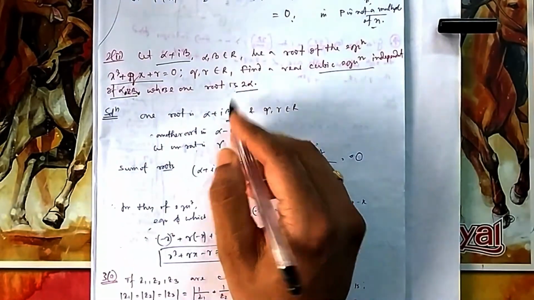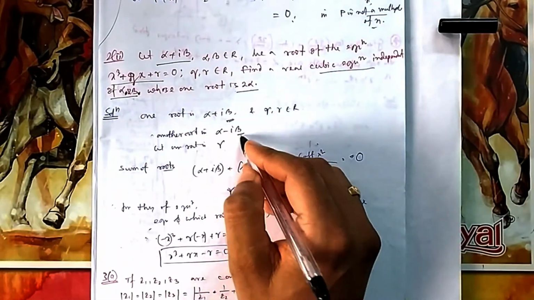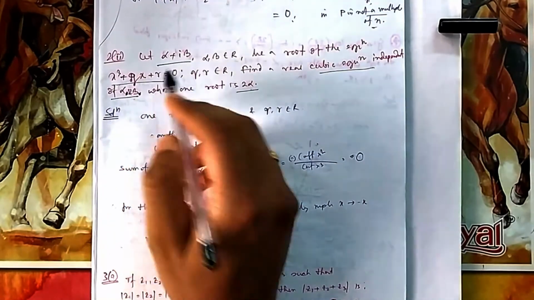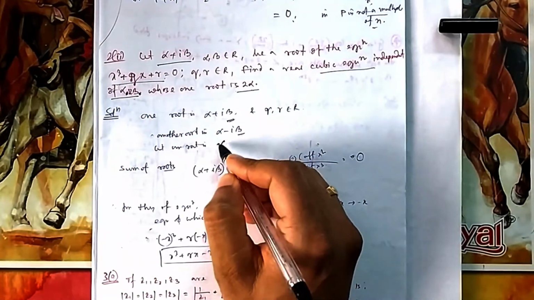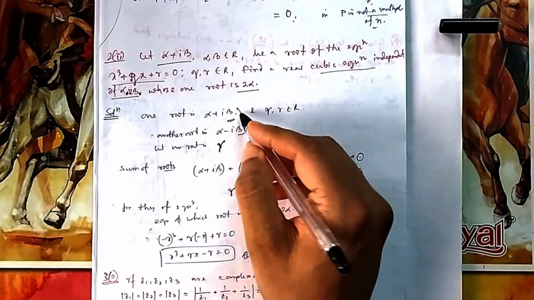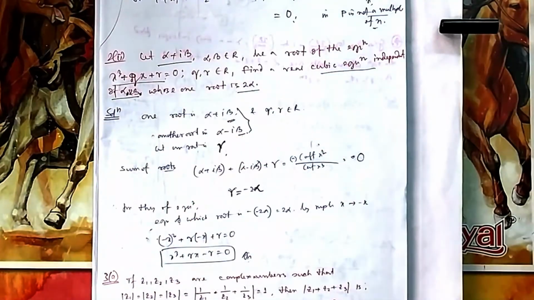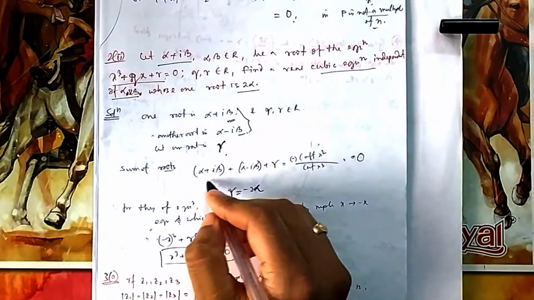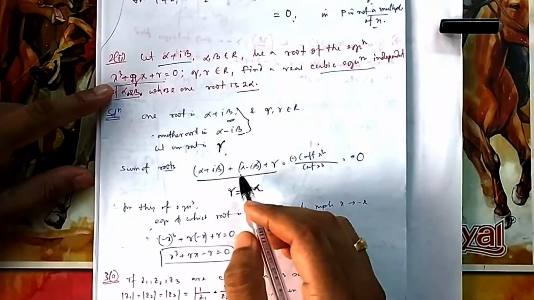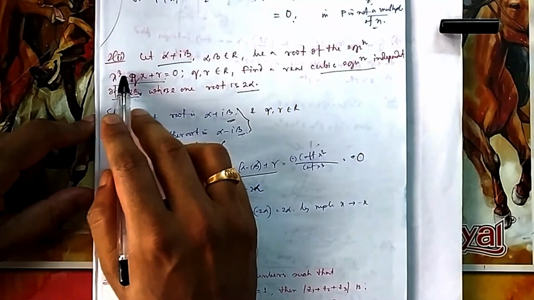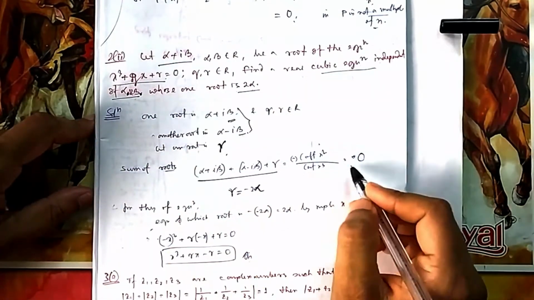So one root is alpha plus i beta, so obviously another root will be alpha minus i beta because it is cubic equation. So let me take another root, because another root will be real. Complex can come in pairs only. So one pair has come, you need one more, so that is real number, gamma I have taken. Now what is the sum of roots? If you apply sum of roots here, sum of roots is 0. You can say x squared coefficient by theory of equation. So if you add this, it is 0.